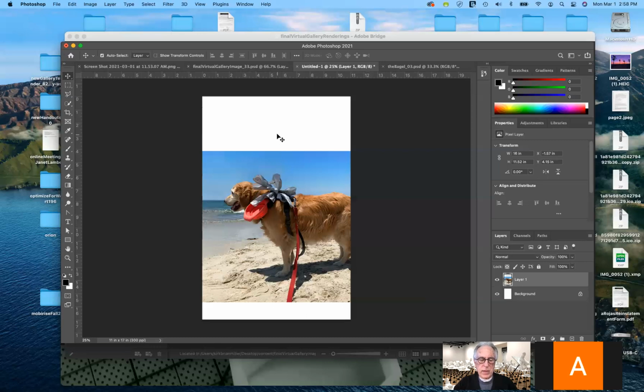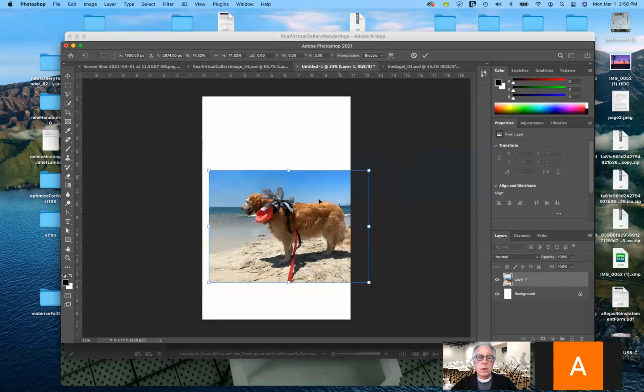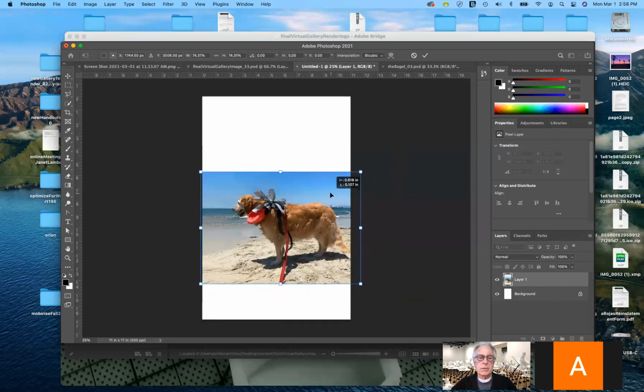So let me go ahead and shrink this down a little bit, Command T, because it doesn't need to be quite so large. That would be a good size for it. So now, I can do one of two things. I would look for another image of clouds, but because this has a slight gradient to it, I'm just curious to see what will happen if I try to stretch this out. So what if I were to take this like so